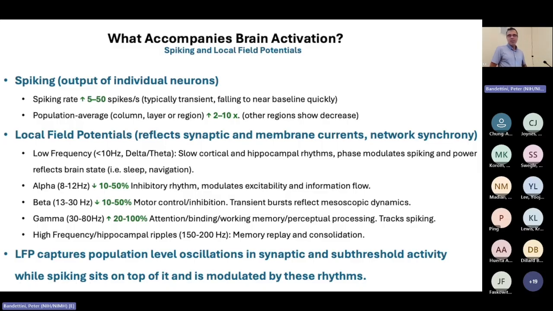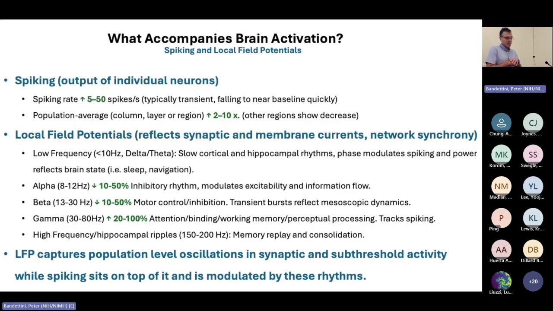Typically, the bottom line is that no one knows exactly what any of these are doing, but this is an estimate. They typically, with hippocampal ripples, are replaying memories and are involved with consolidation. They speak to the rest of the cortex while you're sleeping, or even a little bit during wakefulness as well. Okay, and so bottom line, if you want to remember something from this, is that the local field potentials capture